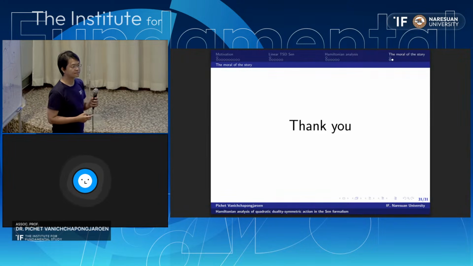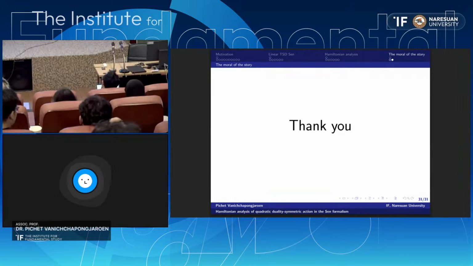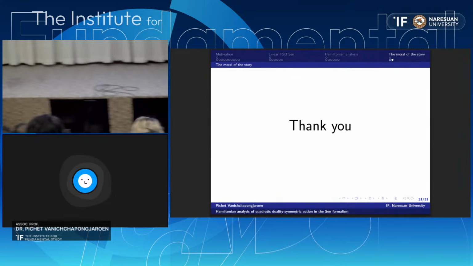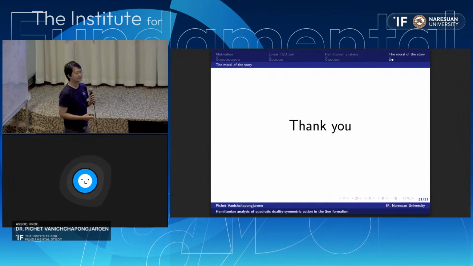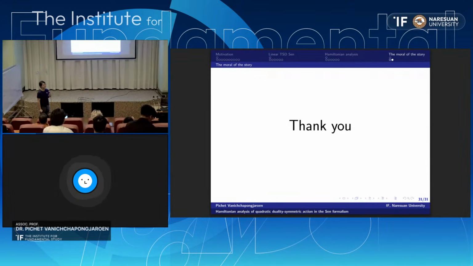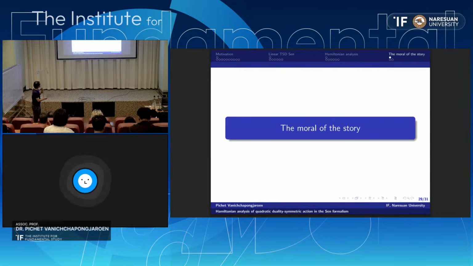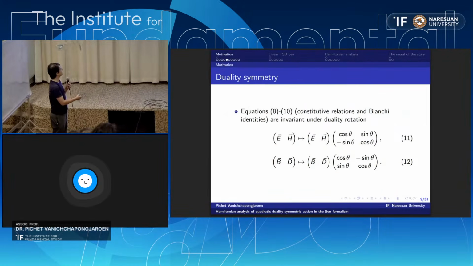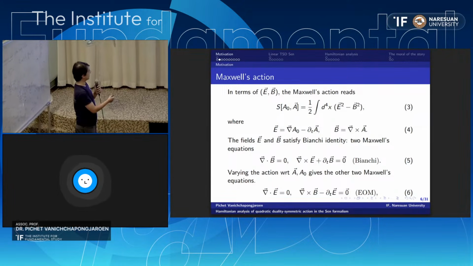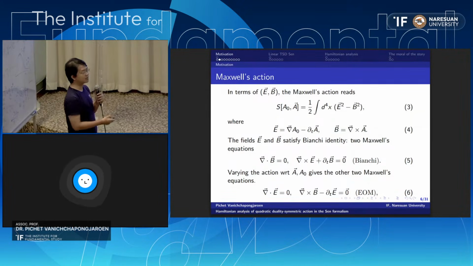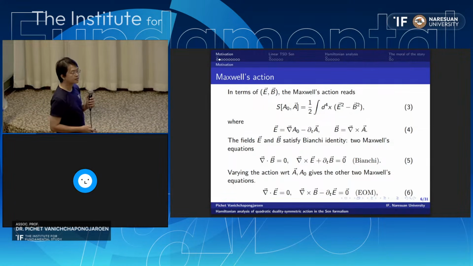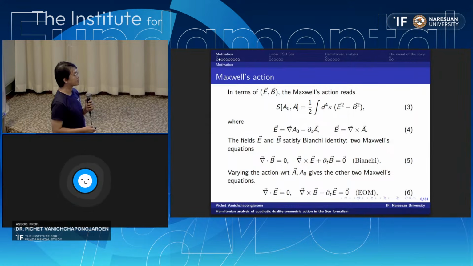If I want to ask, if we have something like duality symmetry at the level of the action, why is it important? I think you said that we have no duality symmetry at the level of the action, right? Originally, yeah. For the standard Maxwell action, for example, or the DBI action, we don't have duality symmetry at the action level. But how can you see that? Could you explain why we have no duality symmetry there?